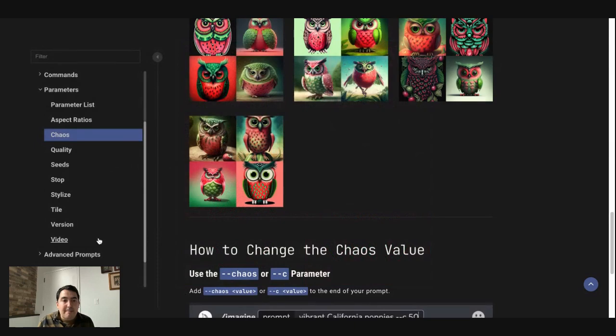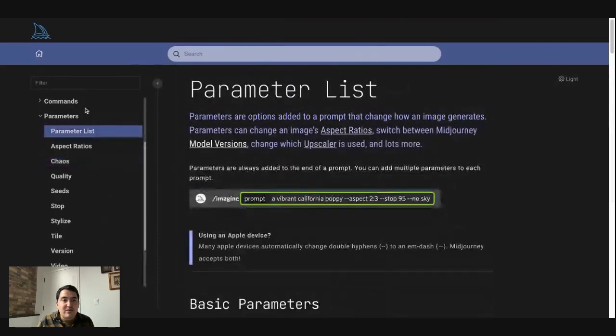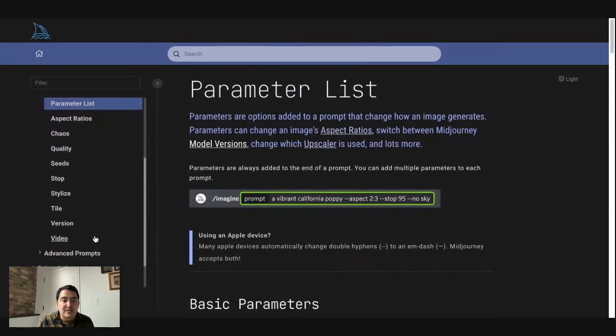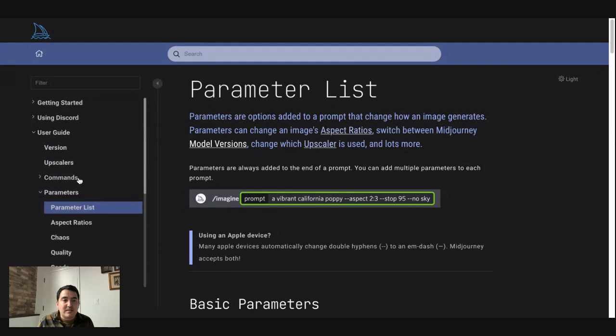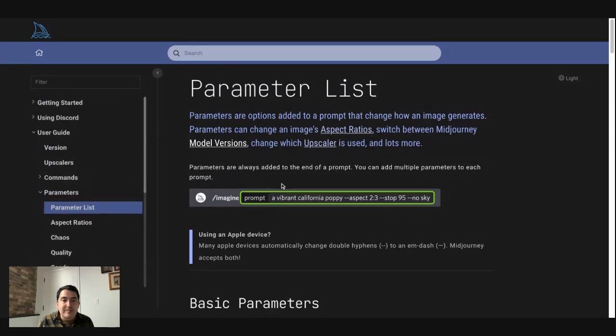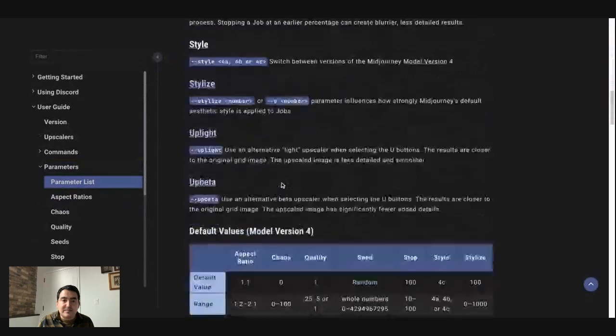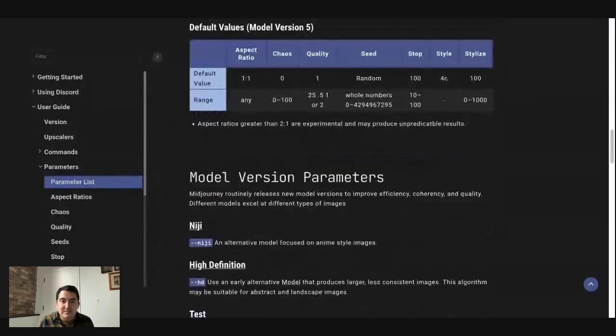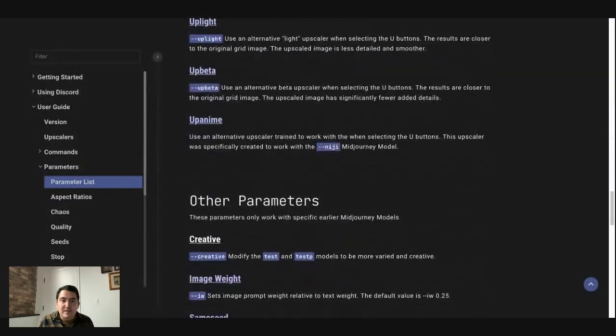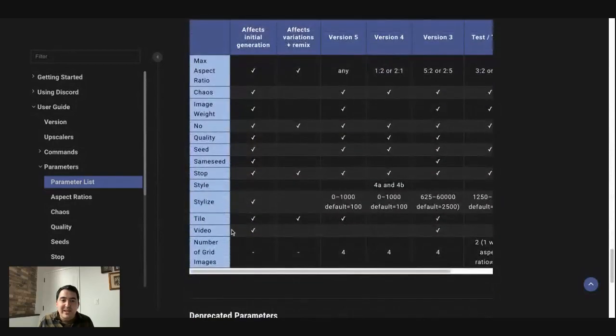You can also use weighting, inside of the parameters list, let's see if I can put it in here. I don't know if I'll be able to find it in time, but you can also use image weight.